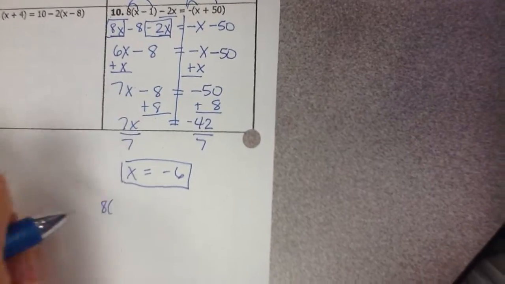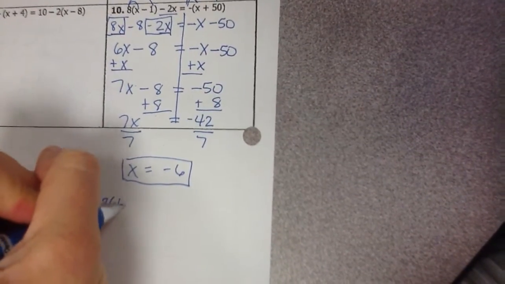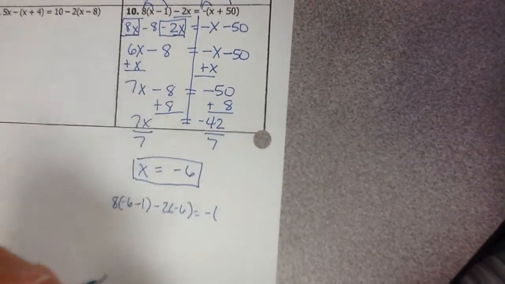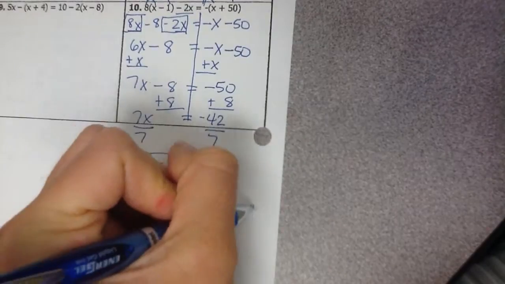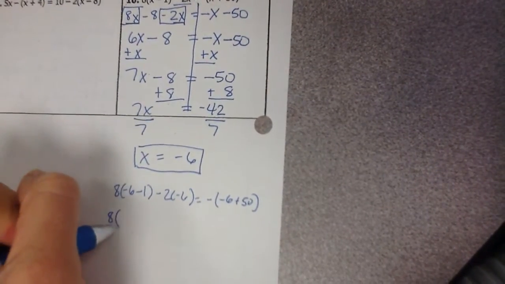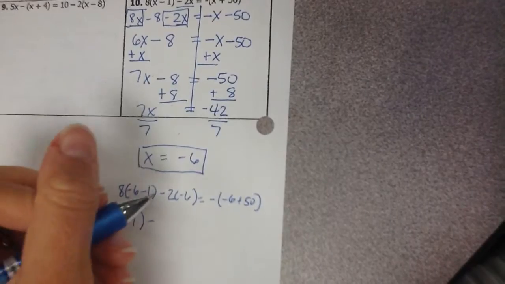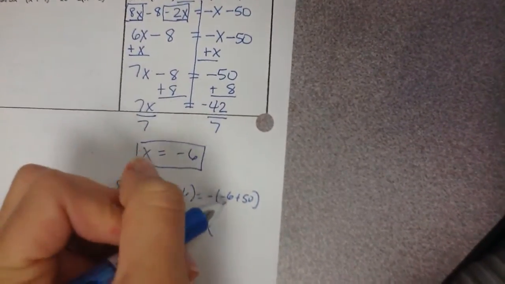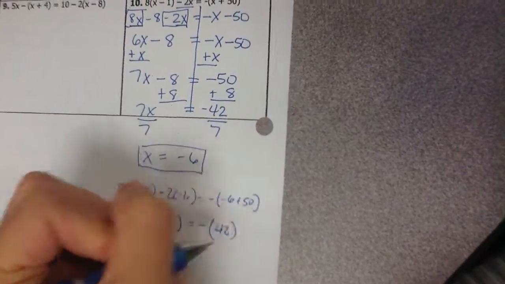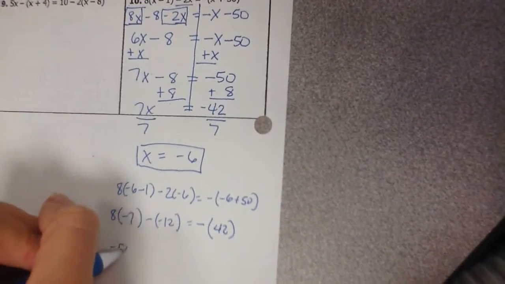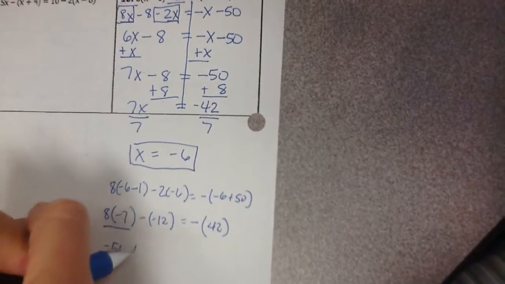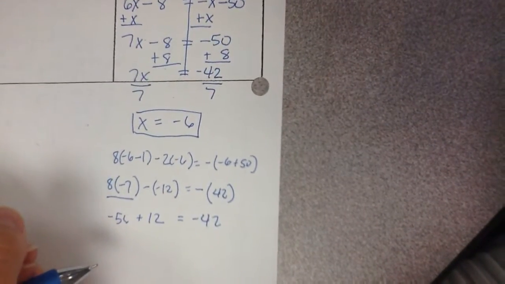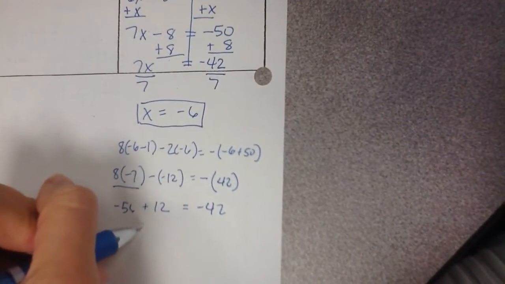I start out with my original equation. 8 times the quantity negative 6 minus 1 minus 2 times negative 6 equals the negative of negative 6 plus 50. Just use my original equation. 8 times negative 7 minus negative 12 equals negative of negative 6 plus 50. Negative 56, that's 8 times negative 7, plus 12 equals negative 42, and negative 56 plus 12 does equal negative,